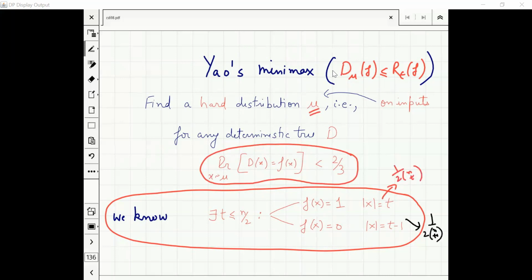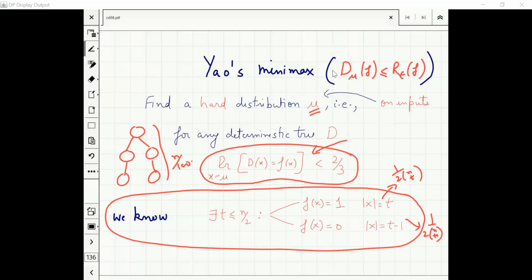Since I've been talking about omega n, let me fix the constants. Let me say you take a deterministic tree of depth n by 100. I can take n by 1000, I can take anything. I want to prove a bound of omega n, so I can take n by 100, n by 1000, n by 10 million. Let me pick n by 100. Any deterministic tree of depth n by 100, the probability of it computing f correctly when x is picked from mu is less than 2 by 3.